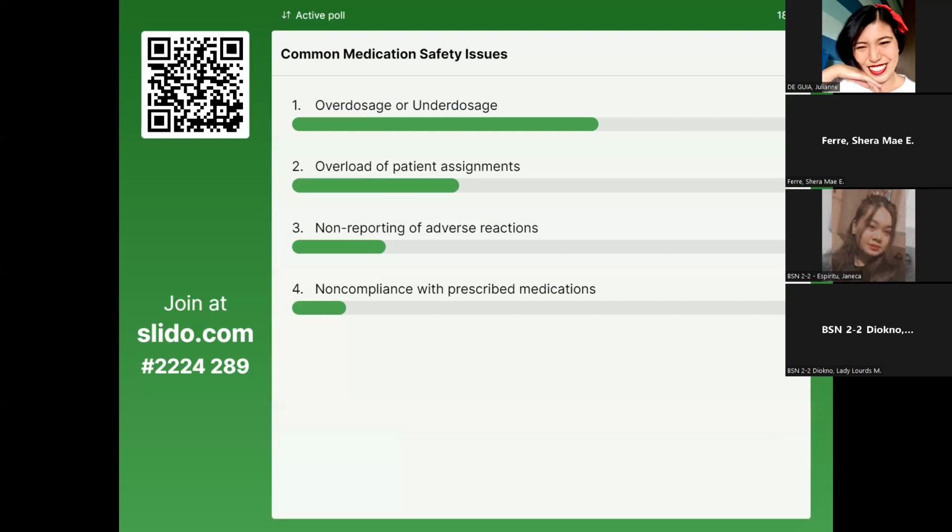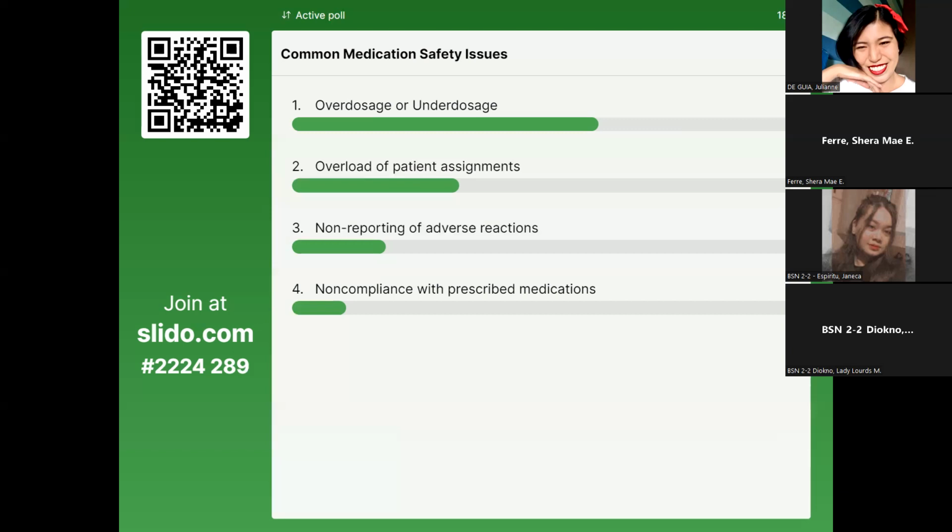When we are administering drugs, it is supposed to be the right dosage. If we overdose or underdose, it can cause an adverse effect or, worse, a toxic effect. And when we get medication, we are supposed to have no distraction so that we get the right one and calculate the drug correctly. So overdosage or underdosage, because there will be many effects on the patient if we make an error in getting the medication. Okay, thank you so much for your response.